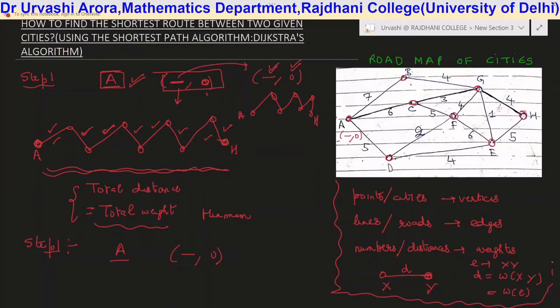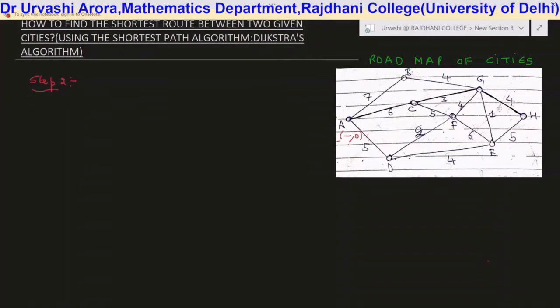Now moving on to step 2. In this step we take account of all the vertices that have been labeled so far. Till now we have labeled only one vertex, A, and the label that we have given to A is dash 0. So what we do is we find all the labeled vertices, and then corresponding to each labeled vertex, we find